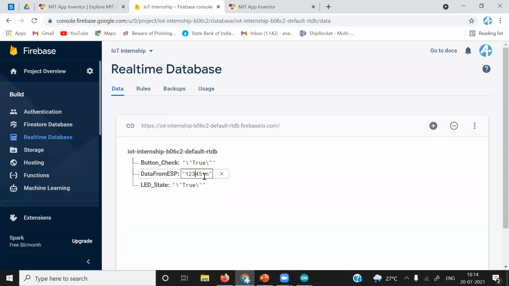I will just change it to 7, 4, 5, and then I will check it. Yes, you can see that the app and Firebase are connected. You can see the 745 data. I just updated it here, and it is also updated on our application.